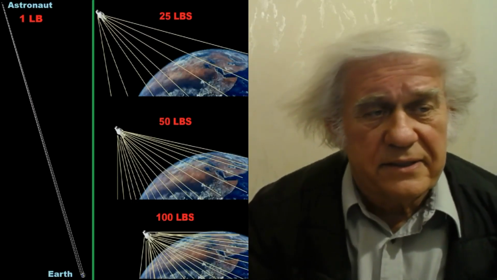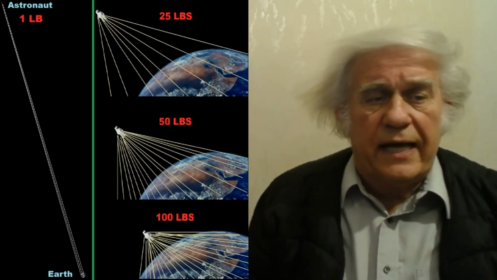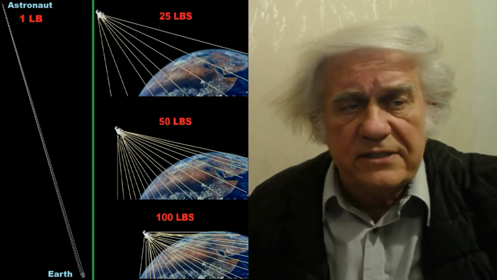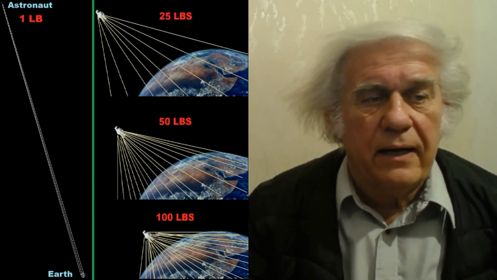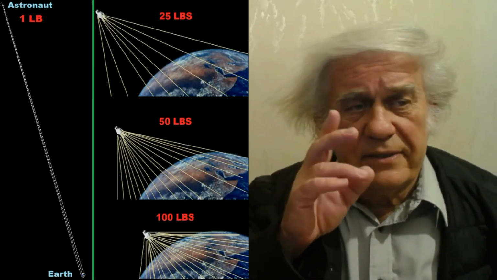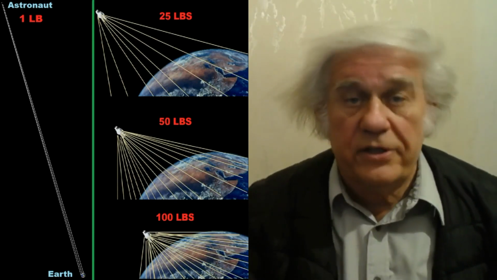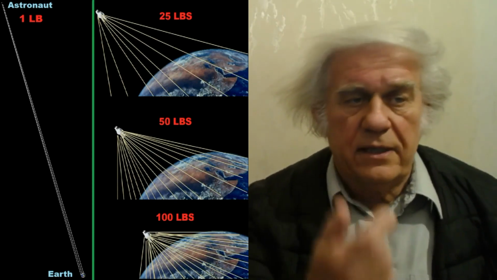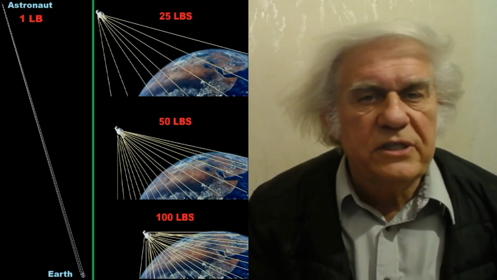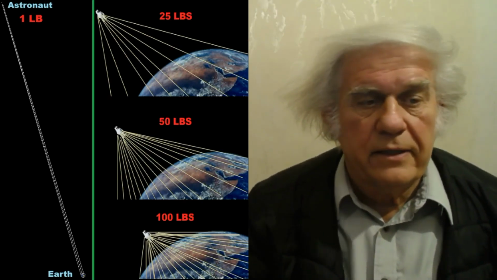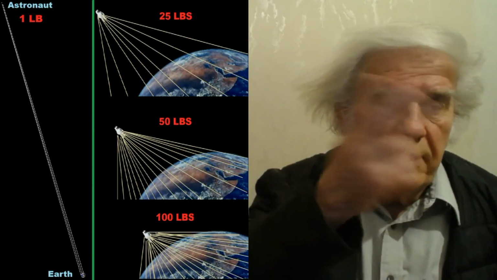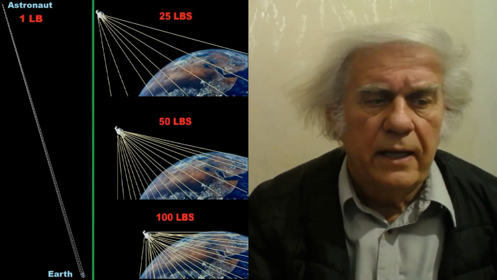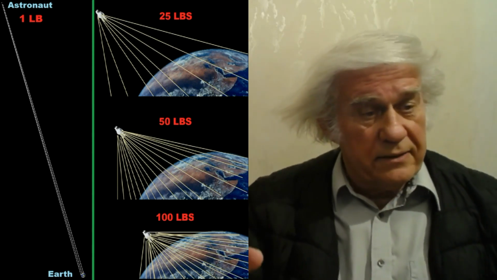Okay, so here you can see that as the astronaut gets closer to the Earth, he has a different weight for each location, okay? So maybe very, very far away from the Earth, he weighs 1 pound with respect to the Earth, if we could measure him there. And the closer he gets, you can see his weight increases, okay? And maybe on Earth he weighs 200 pounds, but somewhere far away he weighs 100 pounds, 50 pounds, 25 pounds, and so on. What we're saying here is, keep this in mind, okay?